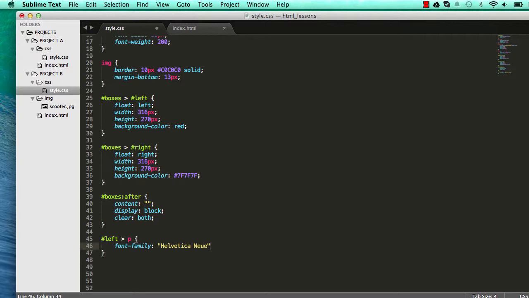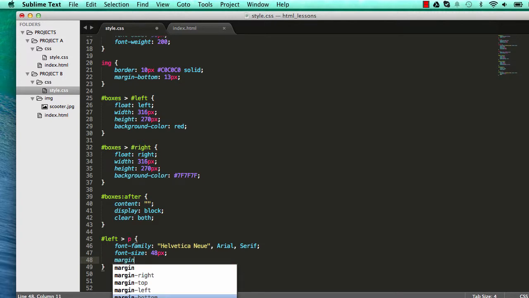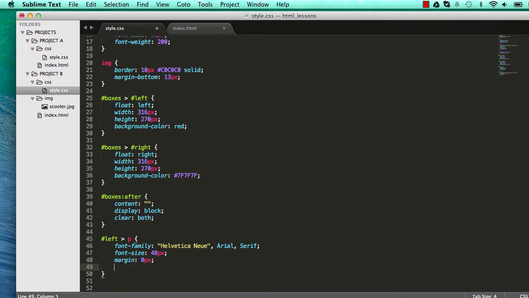We can default to Arial, we can default to serif. Okay, so we could put the font size to be 48 pixels, and we can put the margin to be 0 pixels. And if we have a look,